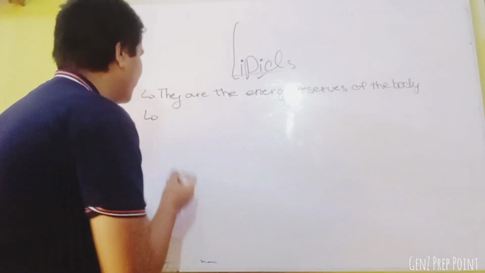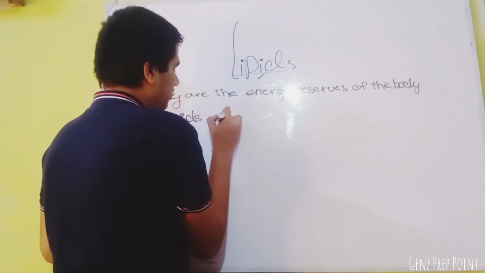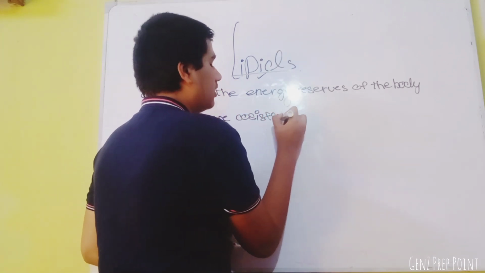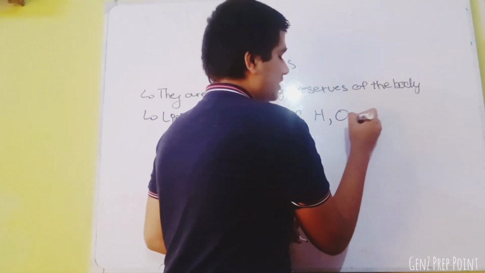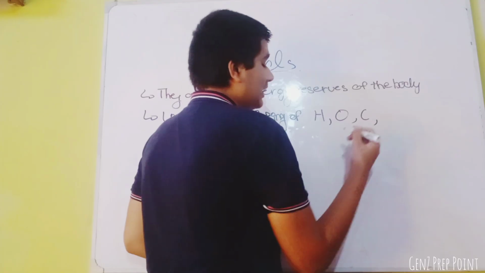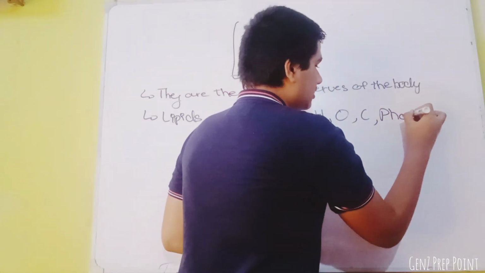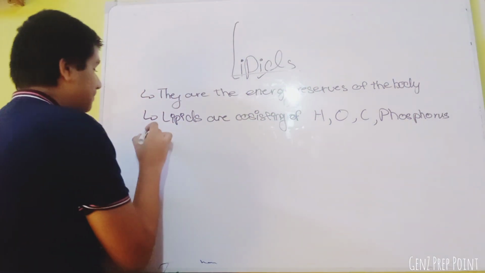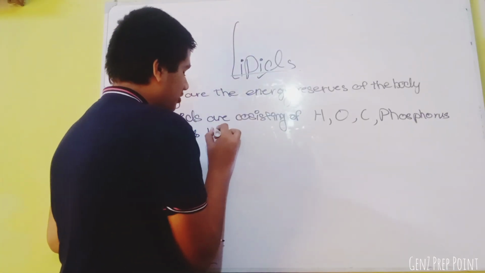So the second point is, what are lipids made of? Lipids are consisting of hydrogen, oxygen, carbon, but there is one more. Sometimes it is present in less quantity, which is phosphorus. Compared to carbohydrates, it has a higher ratio